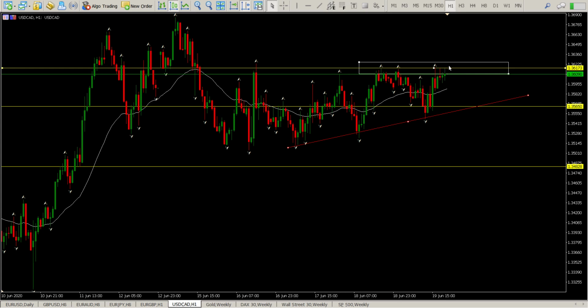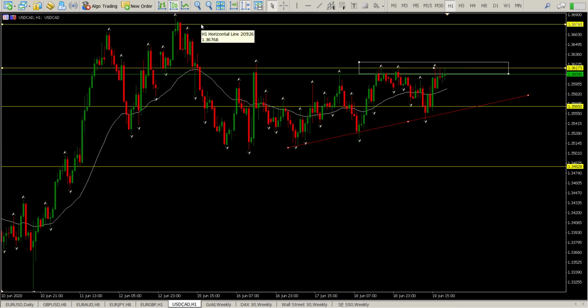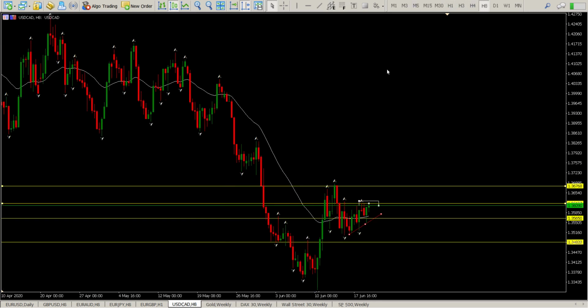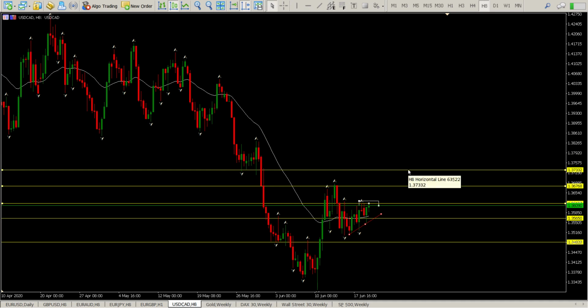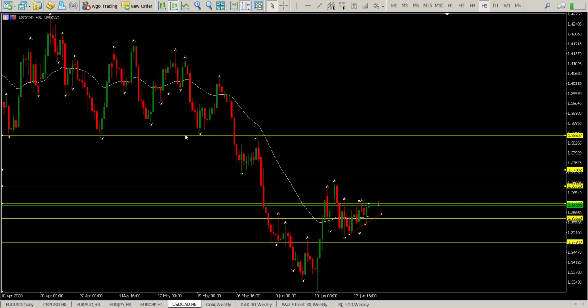So you can run a fairly tight stop, and your target is going to be pretty much the previous highs to start with, 136768. But coming up onto the wider time frames, you'll see there's a much more interesting area of potential resistance, which is up here, and that is 137332. Just pay attention, because that also validates an inverse cup and handle, which is a breakout of 136768, and that is more than likely going to target this area all the way up here to start with,